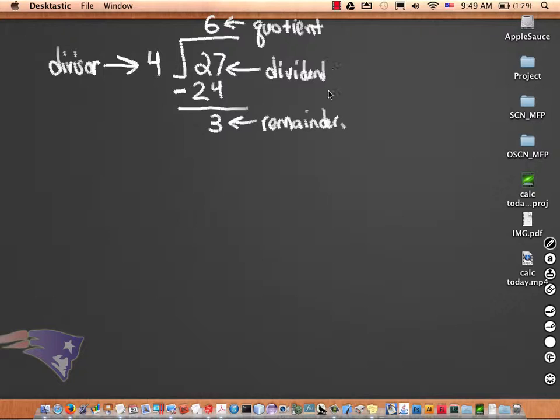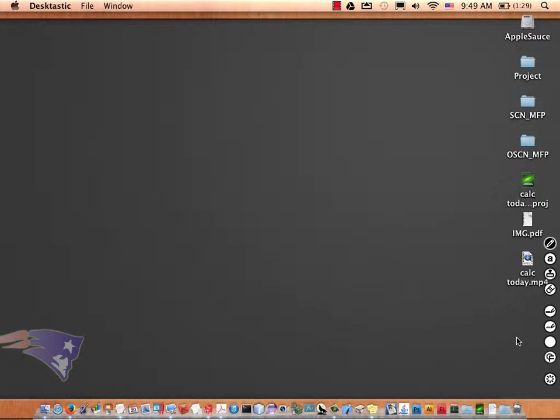We're going to have a divisor, we're going to have a dividend, we're going to have a quotient, we're going to have a remainder. The only difference is that instead of numbers, there'll be functions. But the idea is exactly the same. Okay? So, for example, if I have f of x is equal to x squared minus 16, and I want to divide it by a divisor function of x minus 4,